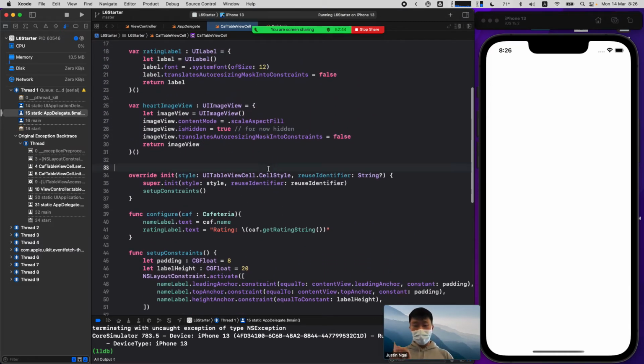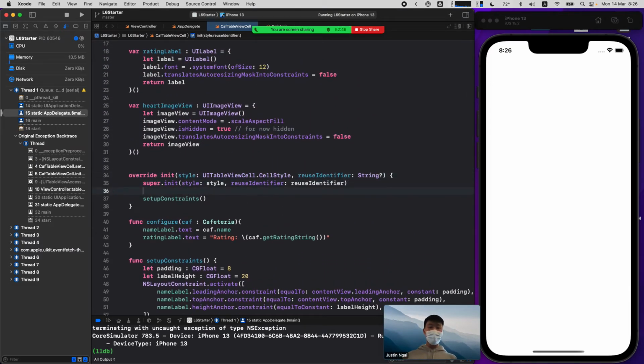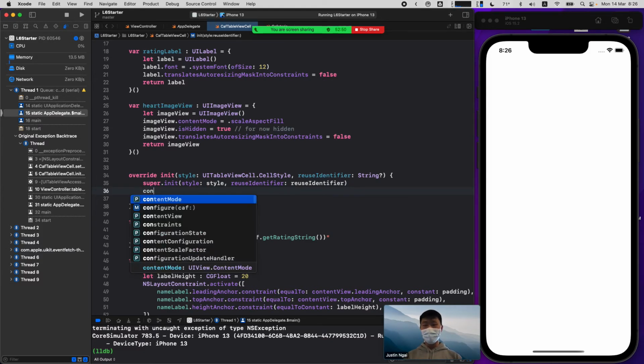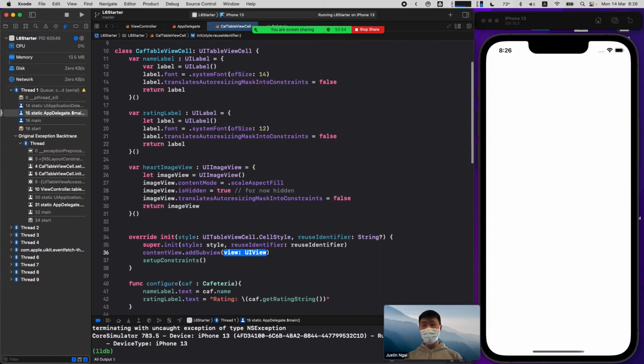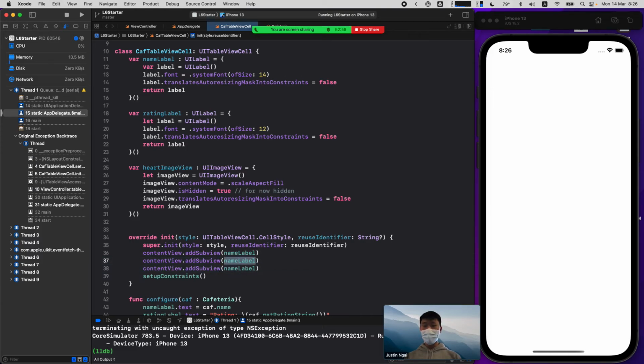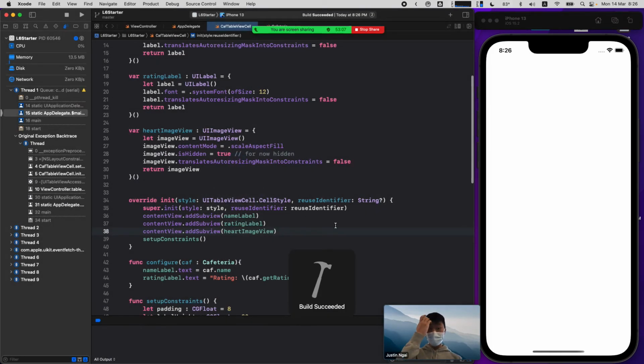Okay, so I think I know what the issue is. I created a bunch of these UI views, but I haven't added them. So let's add them. Content view dot add subview, name label. I add rating label, and I add part image view. Set it up, run,